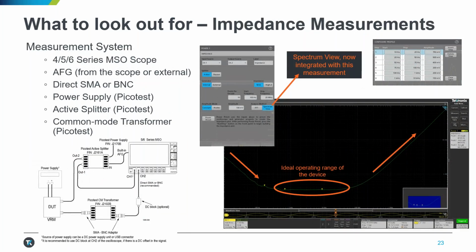Another measurement type is impedance measurements. These are listed as important on the DC to DC side. And here's another example of what the oscilloscope can do, with a diagram showing connectivity to set up from the output of the DUT